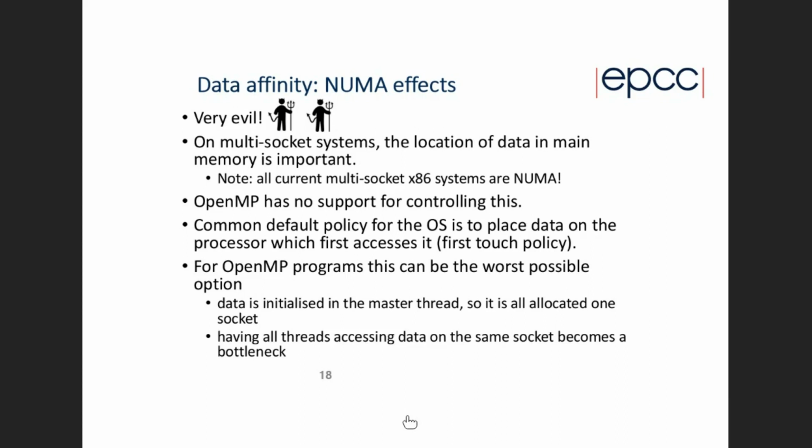Most current supercomputers have 2 sockets in a node. Things are getting worse. With the new AMD Rome processors in ARCHER2, not only do you have 2 sockets in a node, you also have multiple NUMA regions in a single socket. So we actually have 8 NUMA regions in a node. Each 64-core chip has 4 NUMA regions. So each set of 16 cores has its own local piece of main memory.